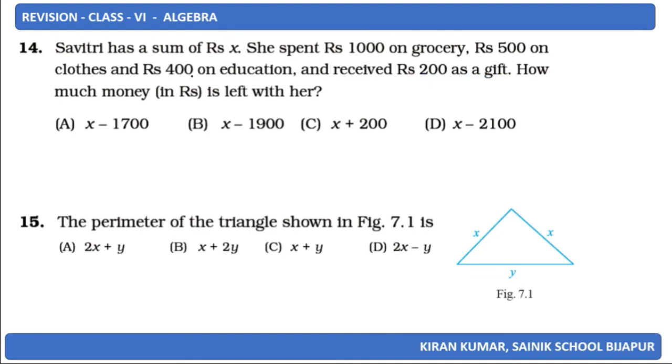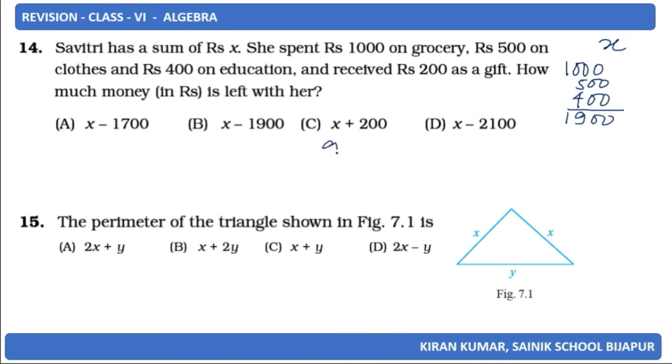How much money in rupees is left with her? Suppose I consider the amount with Savitri as x. The amount she has spent is 1000 plus 500 plus 400, and the sum is 1900,